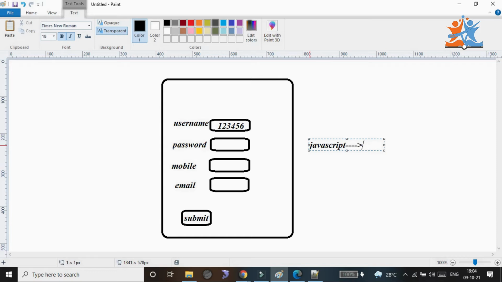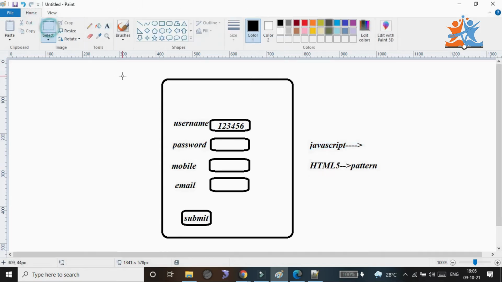In HTML5, we got an element that is pattern. Pattern is an attribute that has the nature to validate the client side of the information. The client side of the information we can check with the help of a pattern. That is why we don't want to use JavaScript in the place of forms. Then where can we use JavaScript? In which places are we going to use it? We will see the places where we use JavaScript continuously and repeatedly.